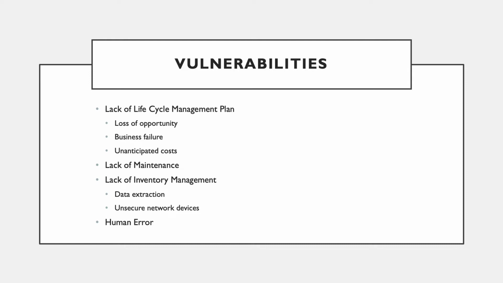and preparing accordingly. Lack of maintenance refers to maintaining all aspects of the software, including security policies, functionality, performance requirements, lifecycle and supply chain management plans, updates, and patches. If all aspects are not maintained properly, the software will not be effective, thus putting the organization at risk for attacks and data extraction. Inventory management is also an important element to consider and can become a vulnerability if not